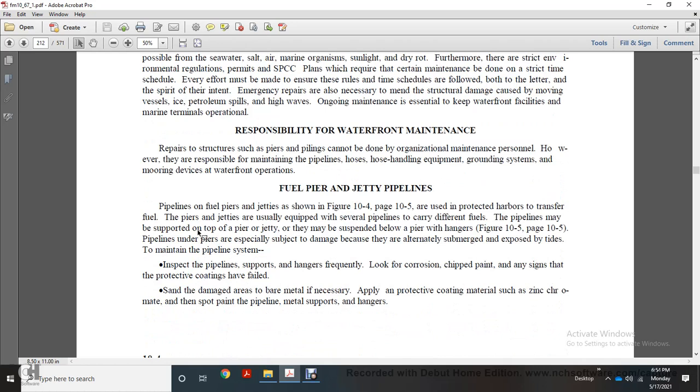The use of protected harbors to transfer fuel. Piers and jetties are usually equipped with several pipelines to carry different fuels. The pipelines may be supported on top of the pier or jetty. They may also be suspended below the pier on hangers. Figure 10.5, pier pipelines. Under-pier pipelines are subject to damage because of the alternately submerged and exposed tides in